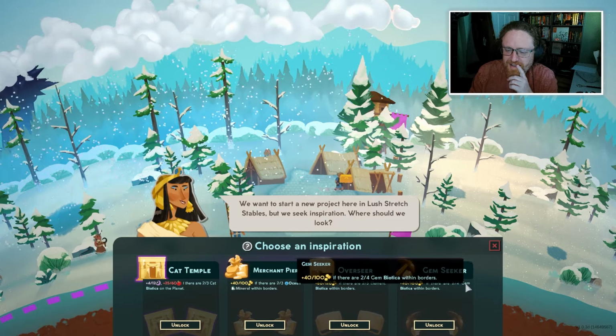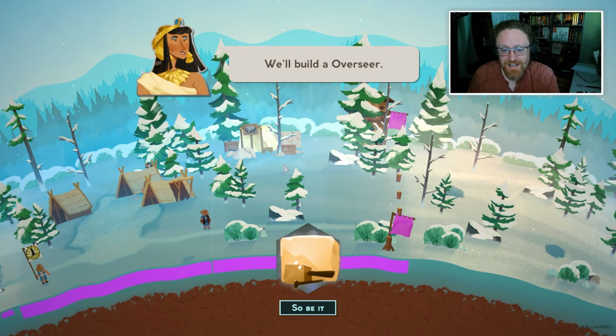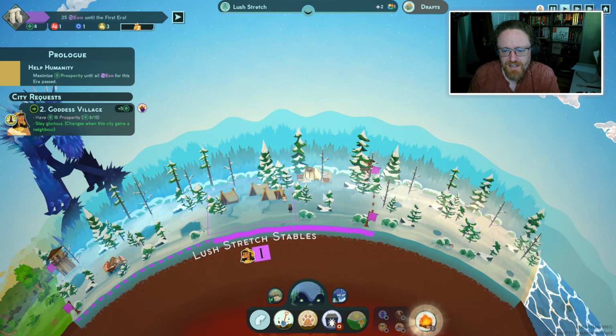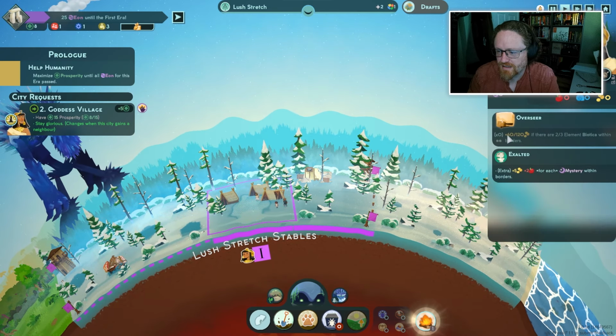But one thing that I didn't realize at first is that I've actually got a limited time to earn these benefits, because if I don't unlock them in an early enough era, then this is just going to go away, and I'm not going to have the opportunity anymore. So I've already unlocked the ability to build another town, by the way, and that's making me a little bit nervous, actually, because I don't want to spend a bunch of biotica and a bunch of Eon on a second town if there's progress I need to make with the goddess. So I'm going to go build a little bit of...